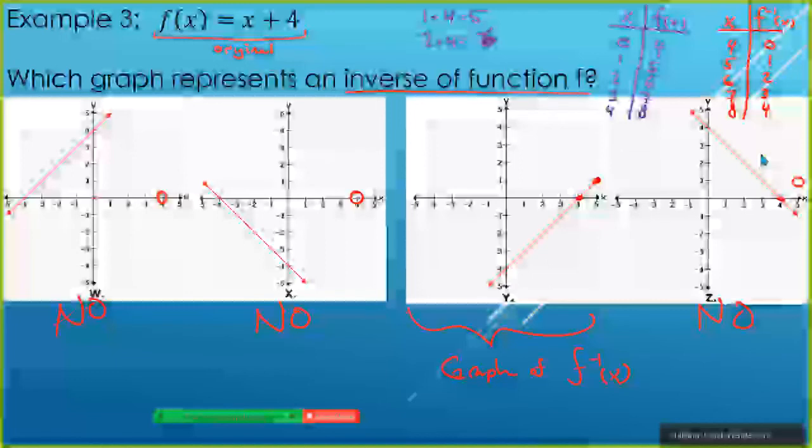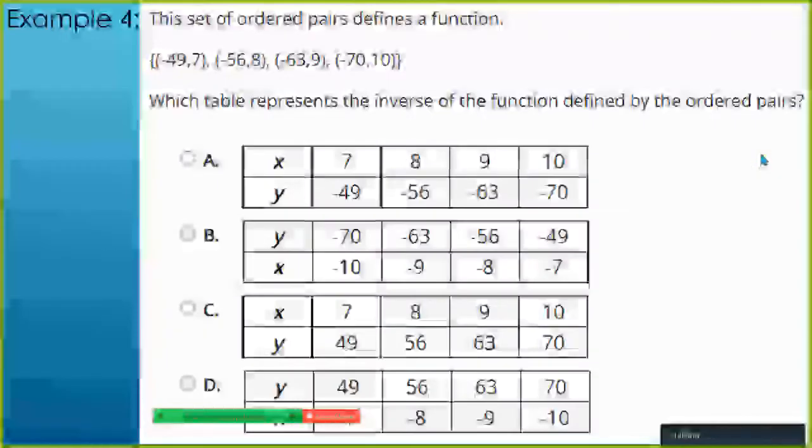Okay, I think we've got a couple more different types that we might encounter. Okay, another problem I pulled from the mastery test or the practice. Read this with me. This set of ordered pairs defines a function. So this list of points, this is our original function here. Original, OG function, okay? So remember, these are x's and y's because they're all in their own little parentheses, right? So this is also a table if we needed it. We could turn this into a table,